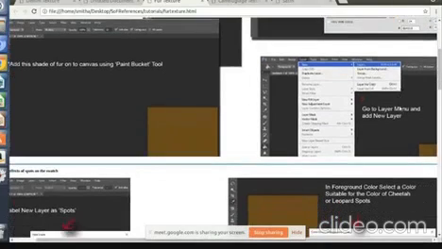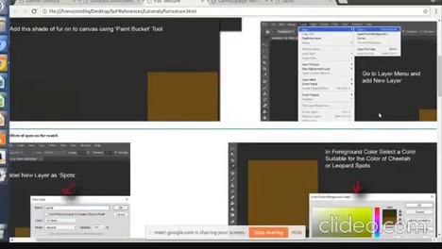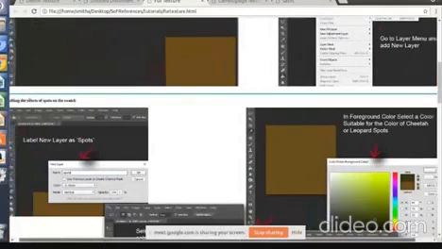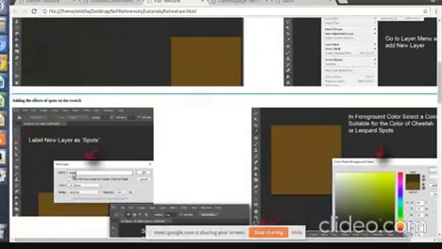Now, the fur has some spots, right? Imagine it's some leopard print or cheetah print that you want to do. It has some spots. To draw the spots, you have to create a new layer and paint the spots in it. So add a second layer onto this canvas. Go to the Layer menu, choose New, and select Layer. Give it a proper name: label the new layer as spots and click on OK.